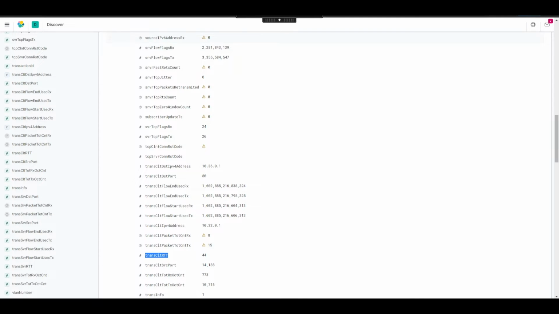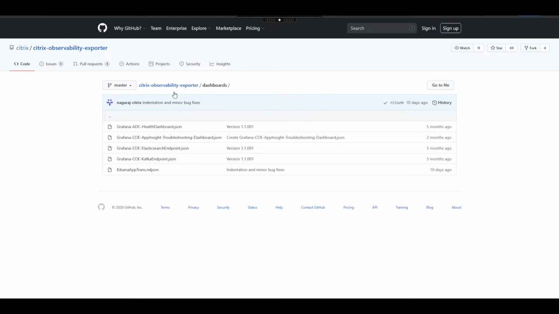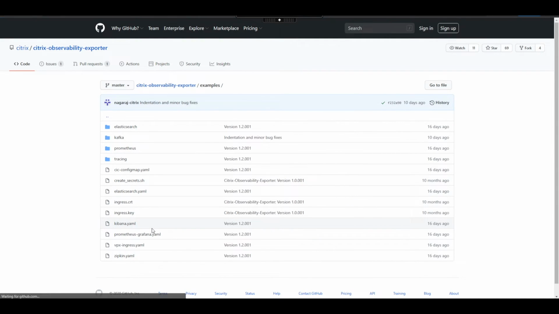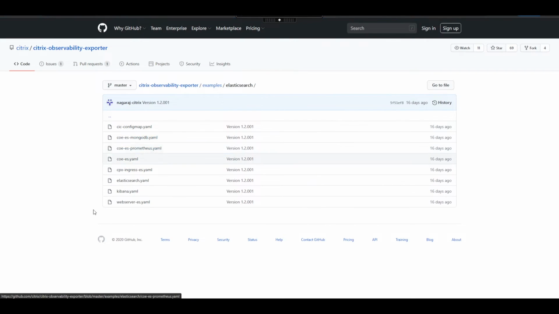For this example, we will use the YAML file available for deploying Prometheus and Grafana from our GitHub page, and then we will use a similar YAML file to the one provided in the Elasticsearch example, but for COE we'll use this particular YAML file instead of the base Elasticsearch YAML.